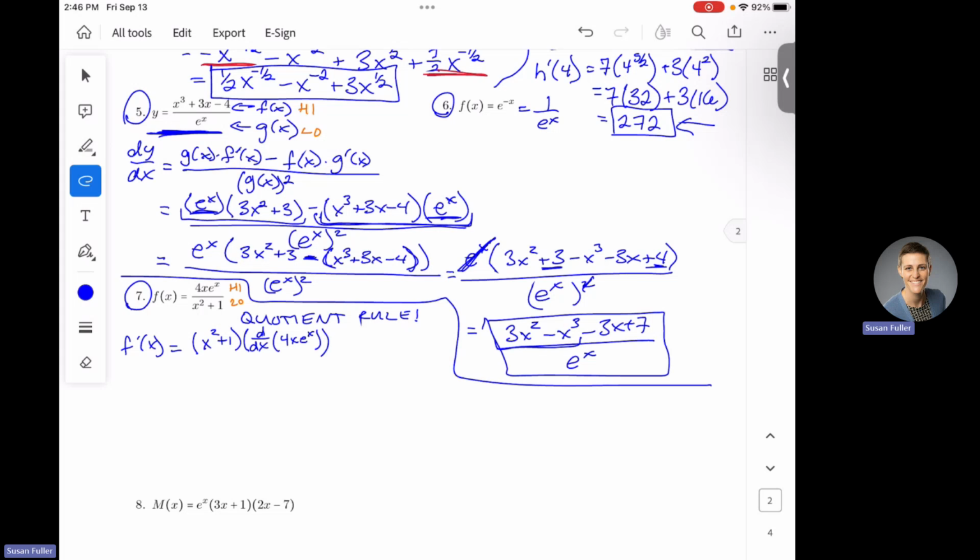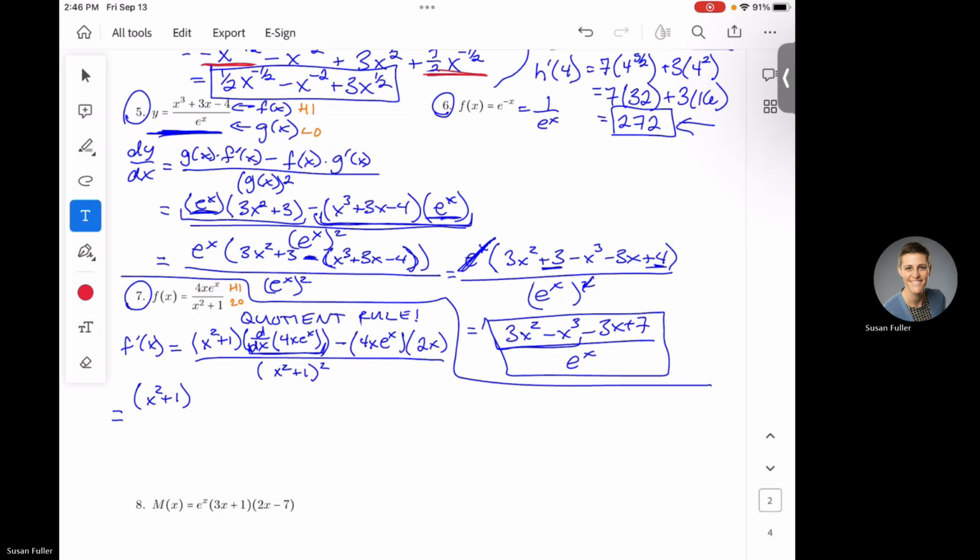So this is low, d high, minus high, the top as is. I don't have to hit the pause button because I don't need to take a derivative there. And times d low, the derivative of the bottom. The derivative of x squared plus 1 is 2x. And this is all going to be over low, the bottom squared. Okay, so we've done the quotient rule, right? But we didn't quite finish it because we hit the pause button here. All right, so now let's go back in and figure out how to take the derivative of